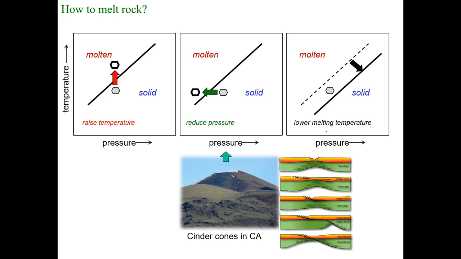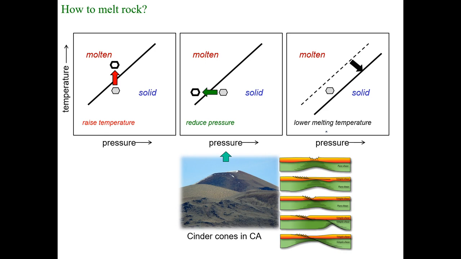There are a lot of places where there's decompressional melting. So, for example, all of the volcanoes that form in California or all over California. I know there hasn't been a volcanic eruption in California recently, but there have been a lot there. Those are all